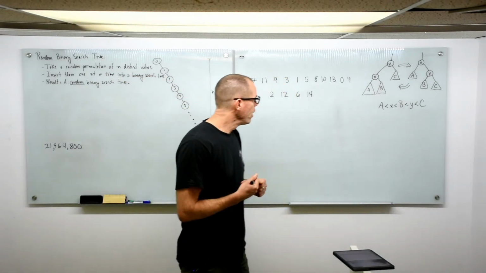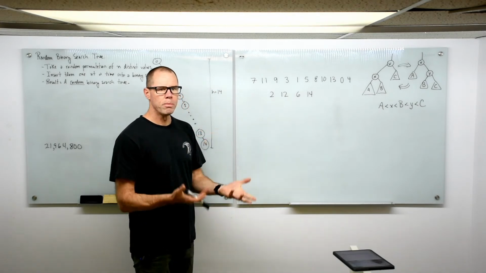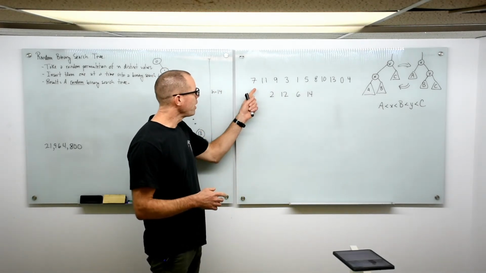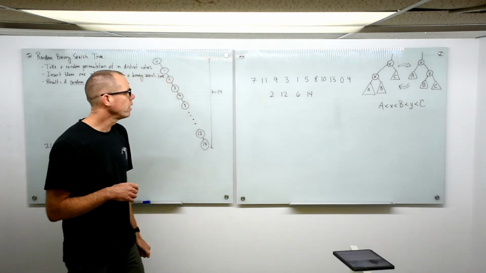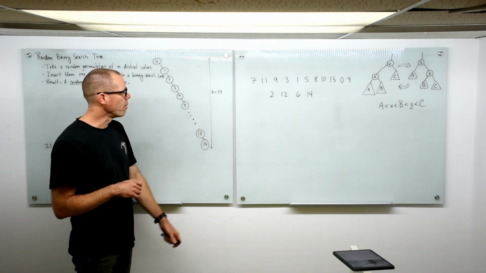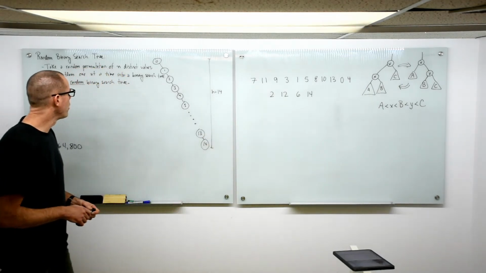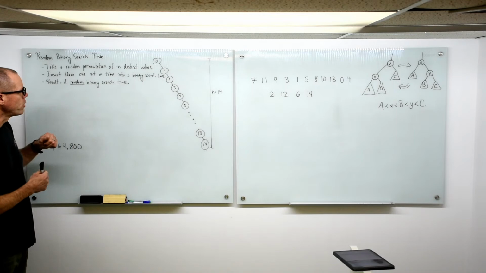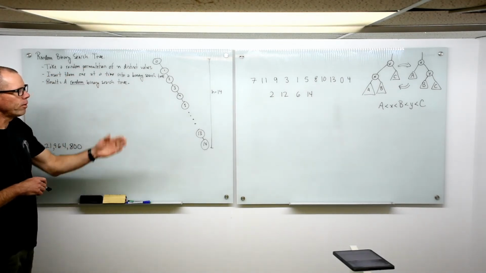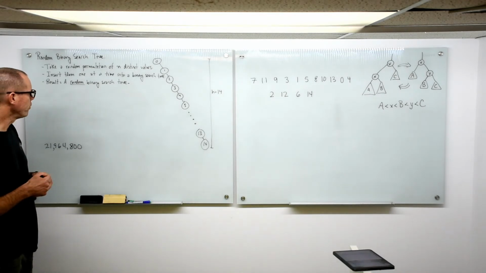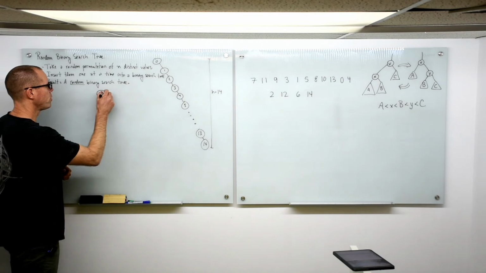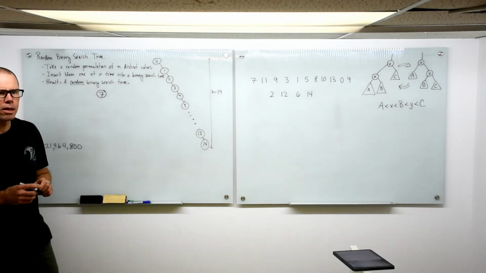And we'll do that just by starting with an empty binary search tree and then repeatedly adding the next number in the sequence until we have a binary search tree that contains all of these numbers. So we start with an empty search tree. Here's a picture of an empty search tree. We start with the number 7, and that just creates a binary search tree with one node that contains the